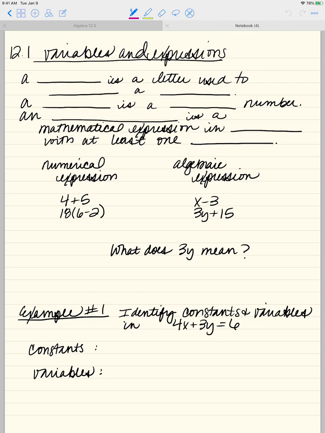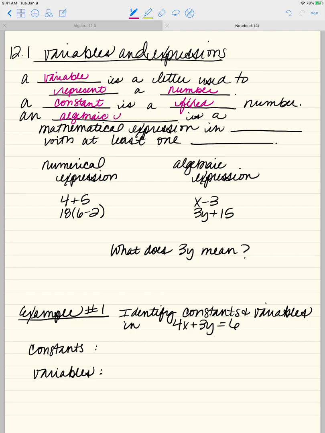So most of these you're already going to be familiar with. Okay, first word we're going to talk about is a variable. Variable. And I know you guys have heard that before. A variable in math is a letter that we use to represent a number. Okay? Then we're going to talk about something called a constant. A constant is a fixed number. That means it does not change. It's constant. Okay? Last, we're going to define